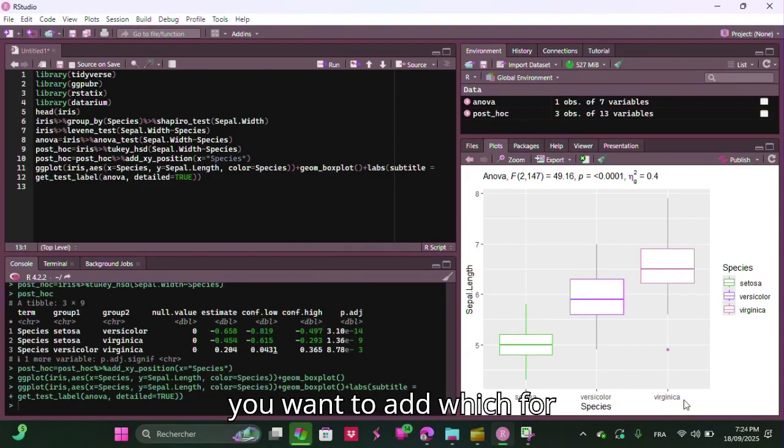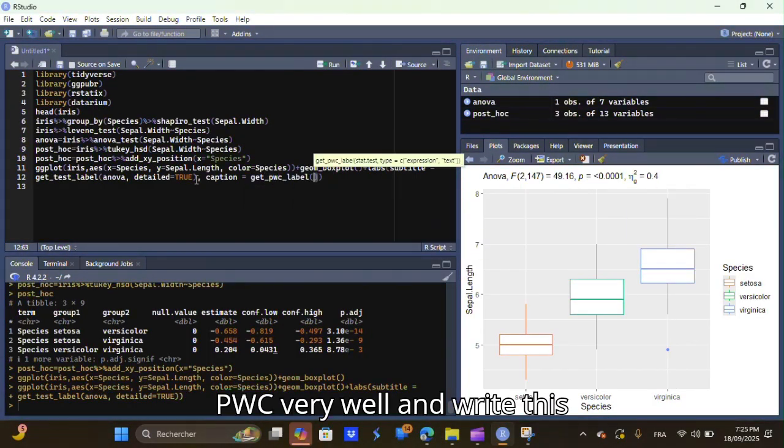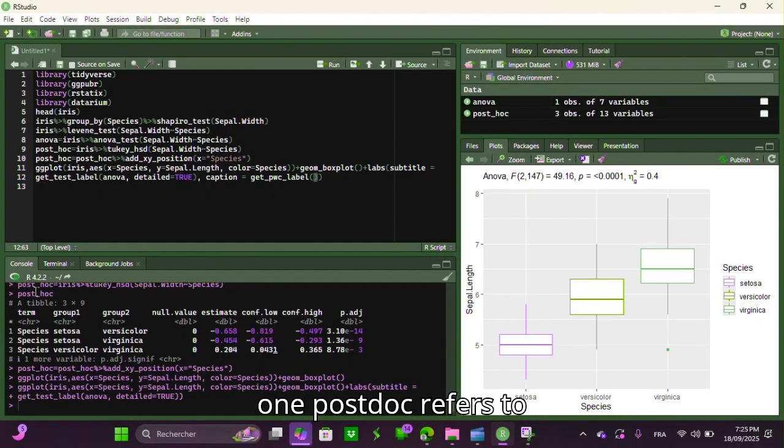And if you want to add which test we have used as the pairwise test, we should only add this command here, comma, caption equal to get_pwc, very well, and write post hoc, which refers to the command for computing the pairwise test,